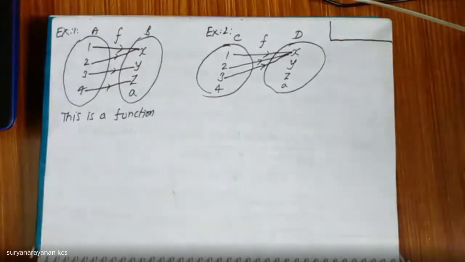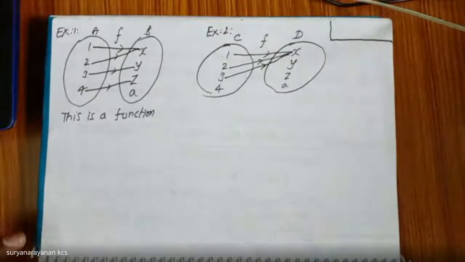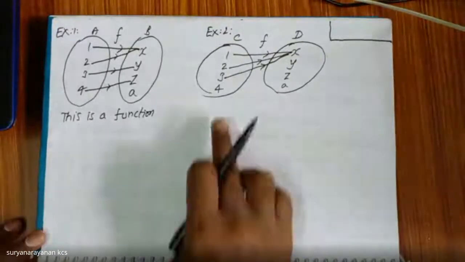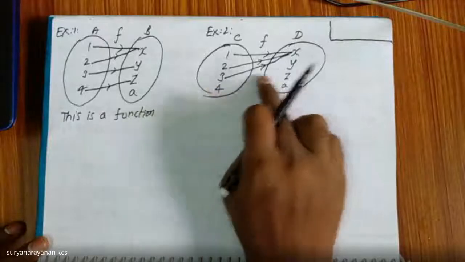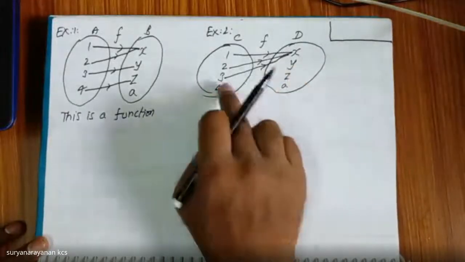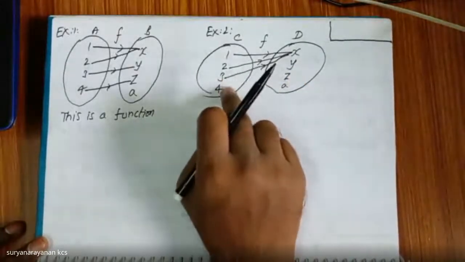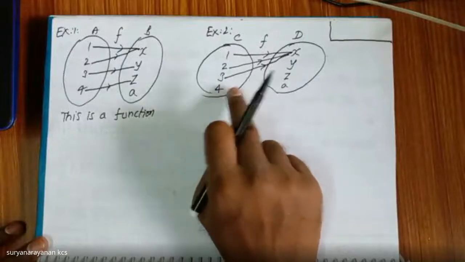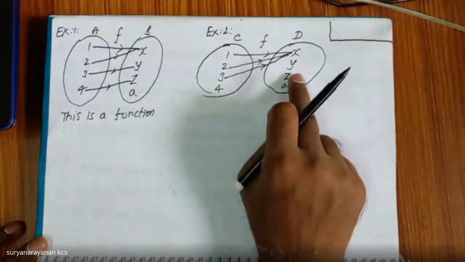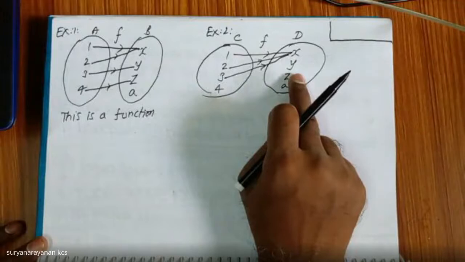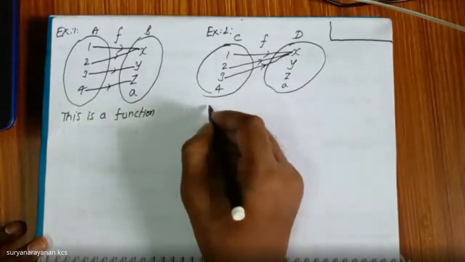Which elements are not connected? Yes, very good, my dear Ria. Very good observation. Here 4 is not connected with any element in the second set. Yes or no? This element 4 is left over, not associated with any element in the second set. Therefore, here F is